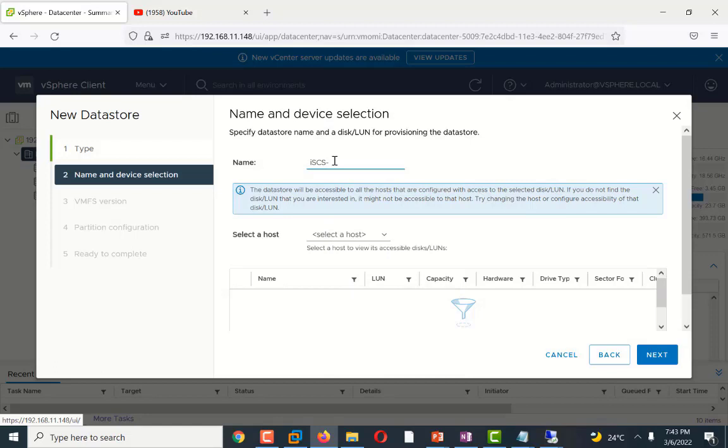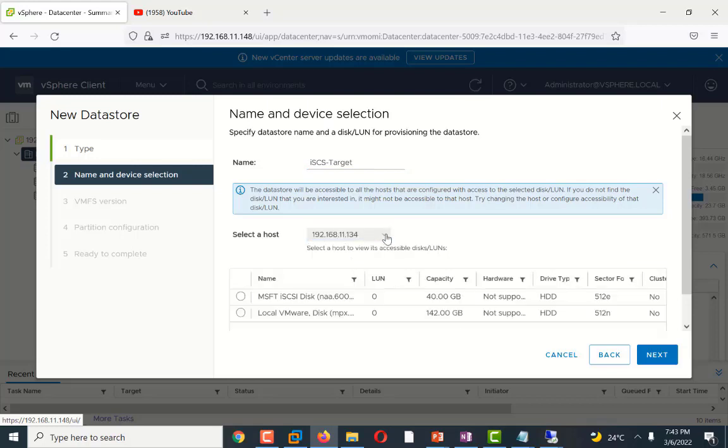This is the host bus adapter. So I will select this, and again I select the second one, and this is the disk which is bound to my second option.